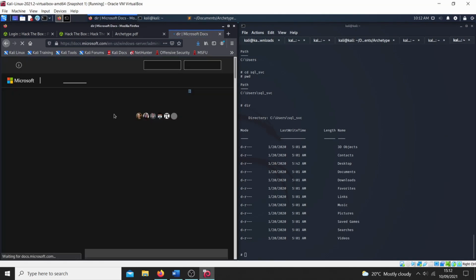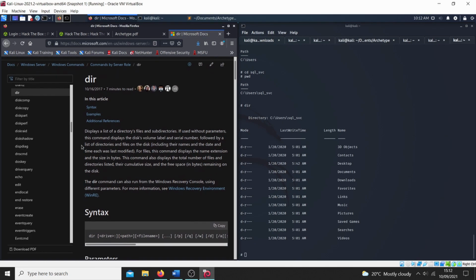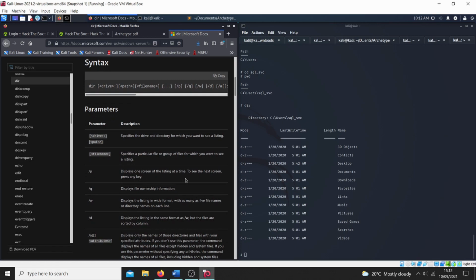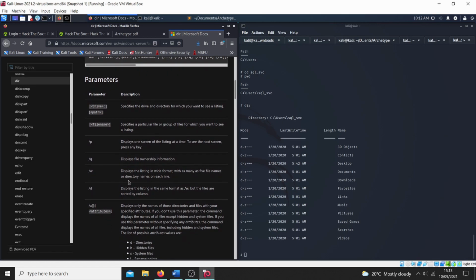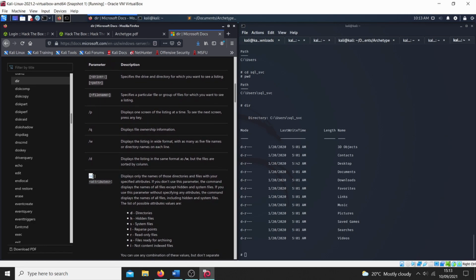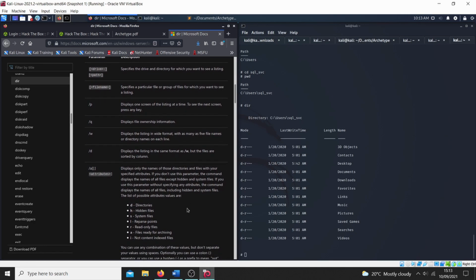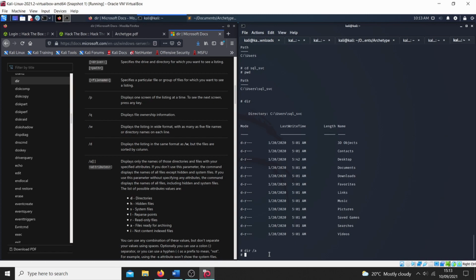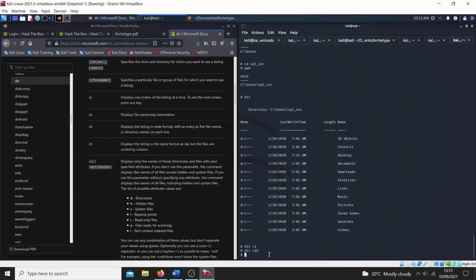Because ls -al, which normally shows everything, wasn't working. So let's have a look at the dir command, and it looks like you want dir... I think it's /a, as you can see here. The command displays the names of all files except hidden system files. If you use this parameter without specifying any attributes, the command displays the names of all files, including hidden and system files. So it should be dir and then /a,